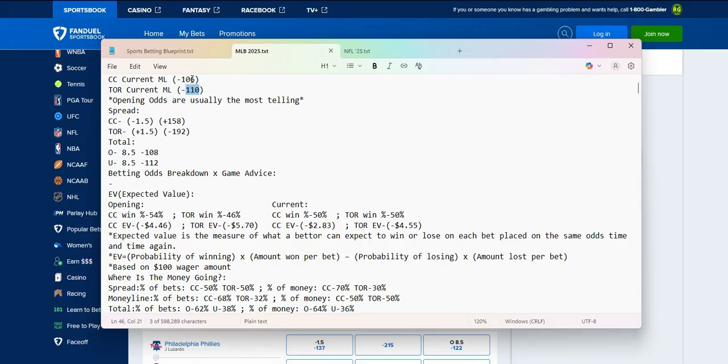is evident, and with Chicago going down to minus 106, they're going to have to increase that. But it does happen in baseball a lot where the winner will go down in odds, but they'll make it up somewhere else. So Chicago could take the ML and Toronto could take the run line here. But that over under, look out, the over is dominating at 8.5 at minus 108. I'll say this, whichever one ends up at minus 112 or higher, go with that value. Currently, I would fade the odds and go with that under. But let's go to the next one.